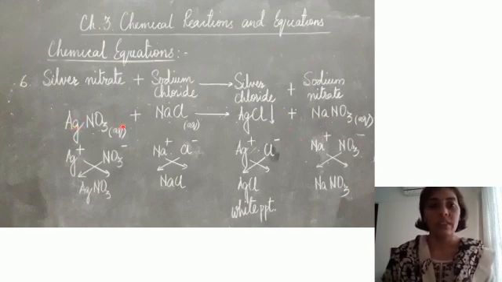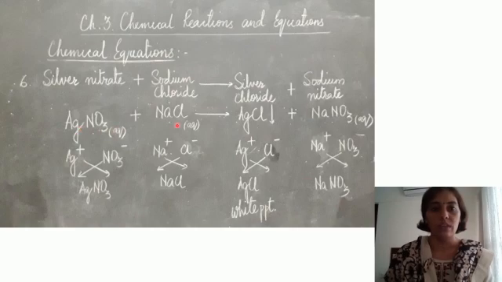This is called as a double displacement reaction, and where you have got the two reactants and both the reactants have got one positive, one negative radical. So this is how we can form AgCl. This has been shown to you. What is the color of the precipitate? That is white. You have to remember this. So I hope you have understood this particular reaction.